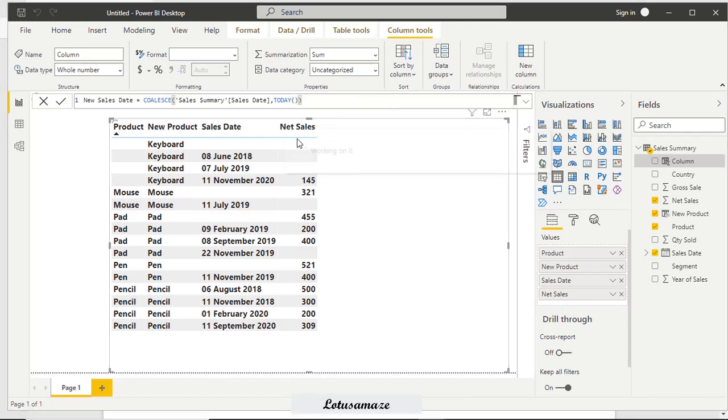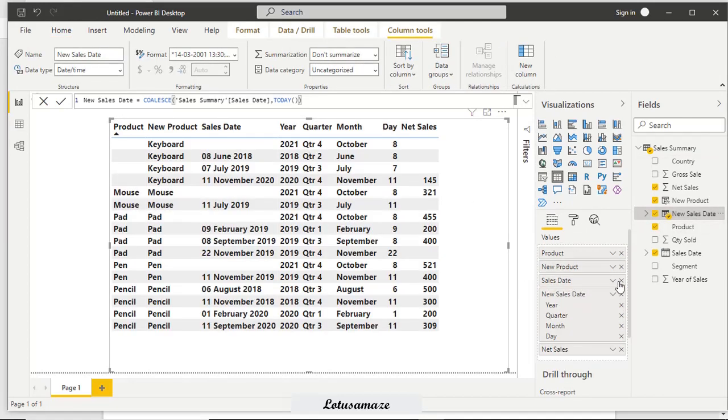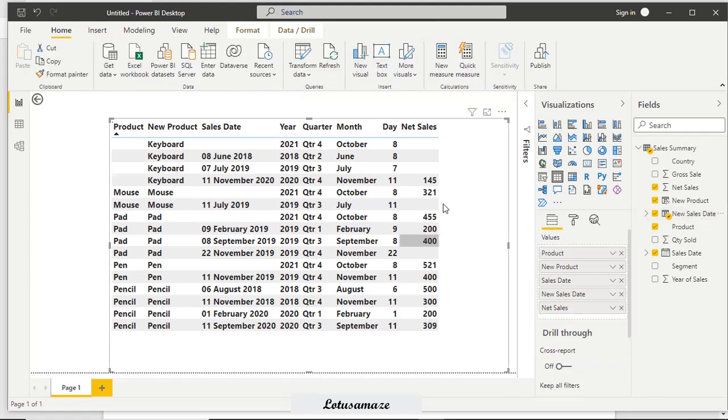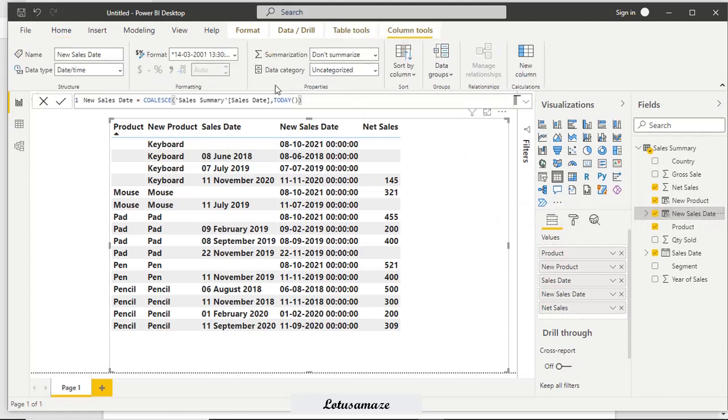Execute and drag and drop this new column. It reads this column, and the first value is blank, so it takes the second value, today. The second cell has a non-blank value, so it retains it. After 11th November the value is blank, so it takes today, the current date time.